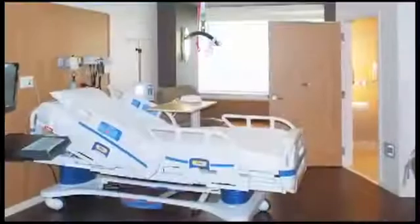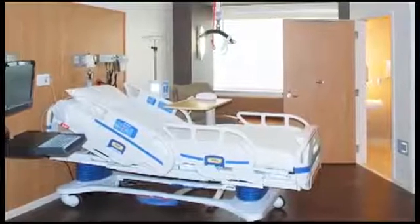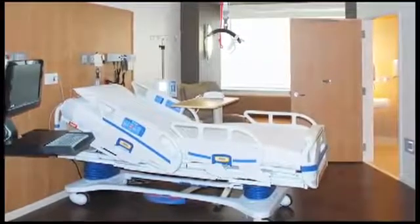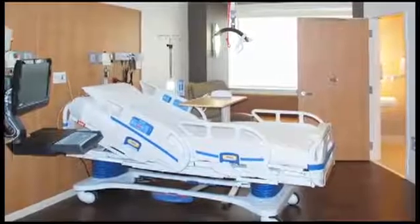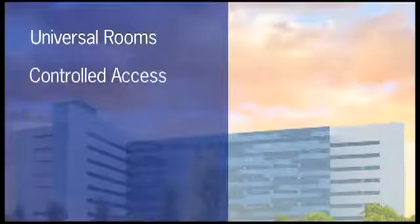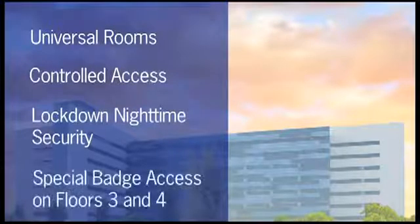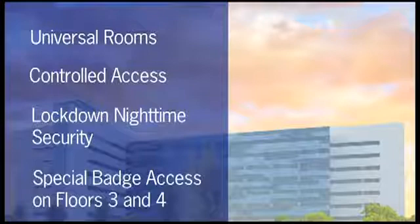viewing windows between each 2 patient rooms, patient lifts above every bed, no wax floors, computers at every bedside, telemetry capability throughout the whole Scharbaurer Patient Tower, continuously monitored at a central control station on the 5th floor that we'll look at here in a minute, standard universal rooms, controlled access at every building entrance with the ability to lock down the building at night, and further controlled access on 3rd and 4th floors in the pediatric unit